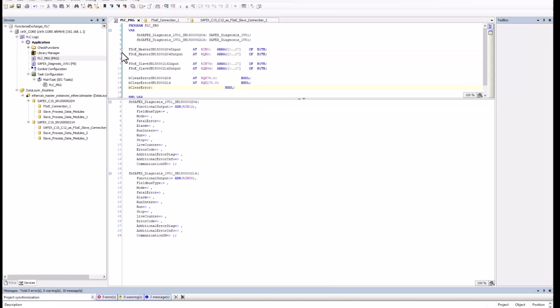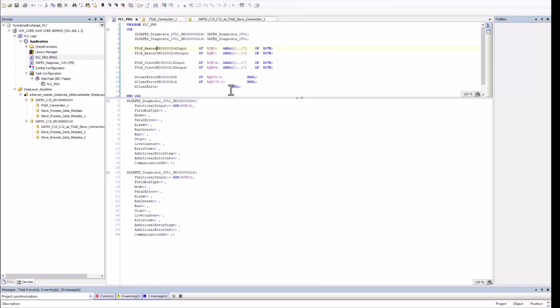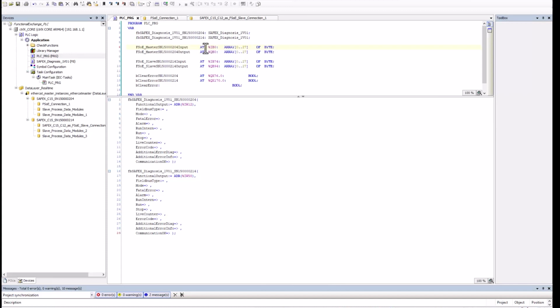So, what do I have here? I have here a byte array of 28 bytes in total which are on addresses. These addresses still have to be checked. We are now looking at the FSOE master declaration, which means that we will first go here and take a look at where the data begins.